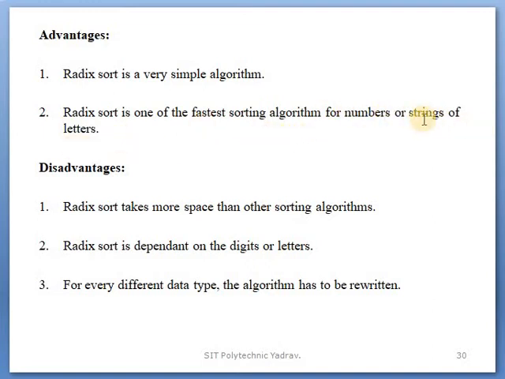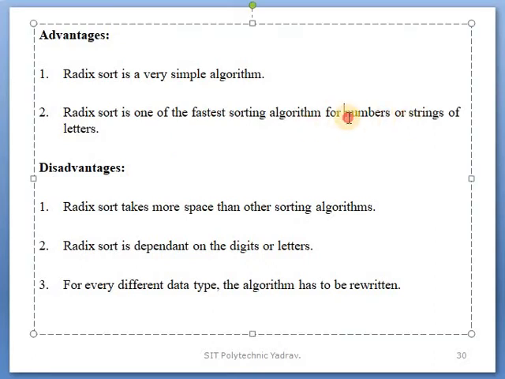We can also sort strings of letters, but in our syllabus we only take integer numbers, so we only studied numbers.